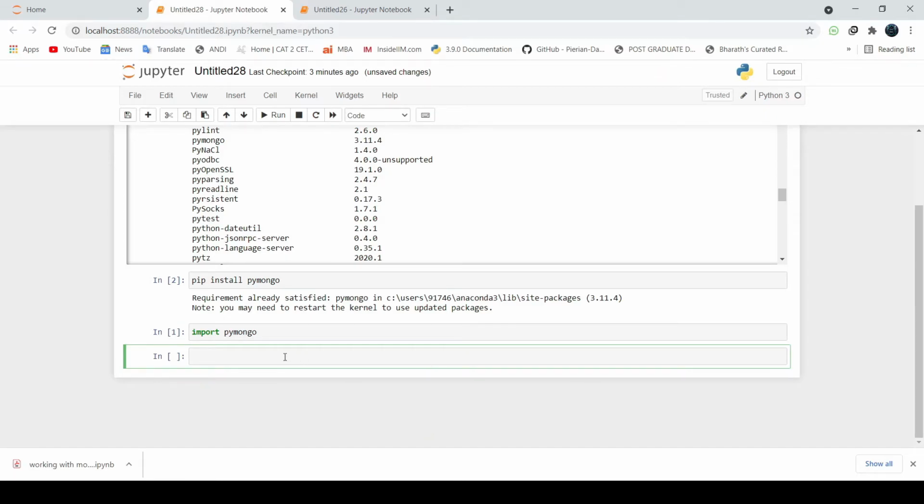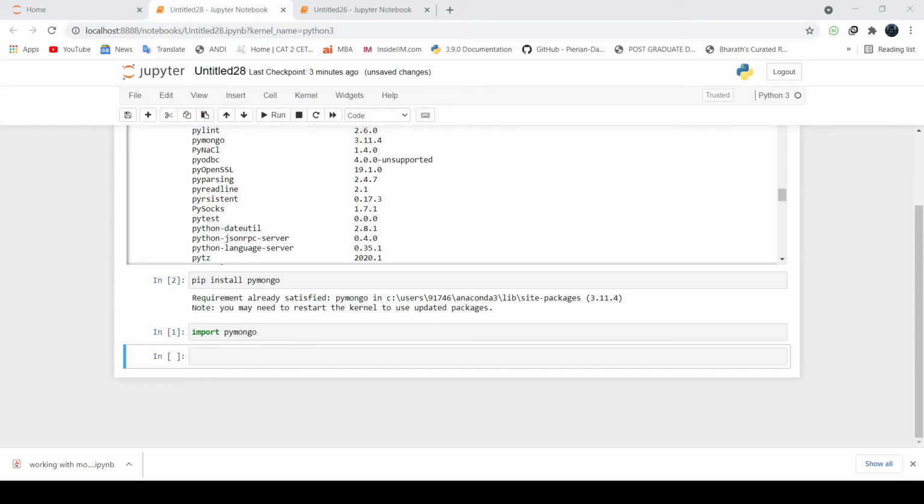So there's a connection string or URL required. Using that particular URL you will be able to connect with this MongoDB database.